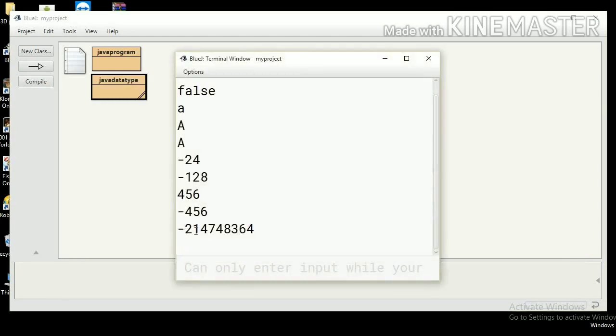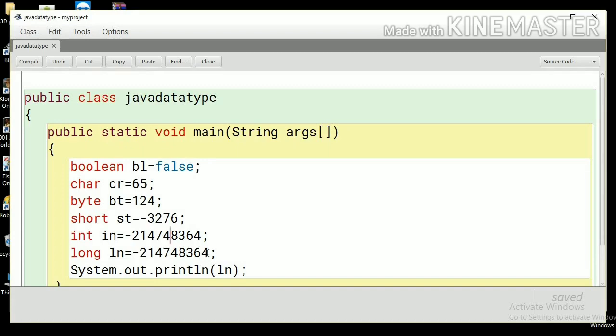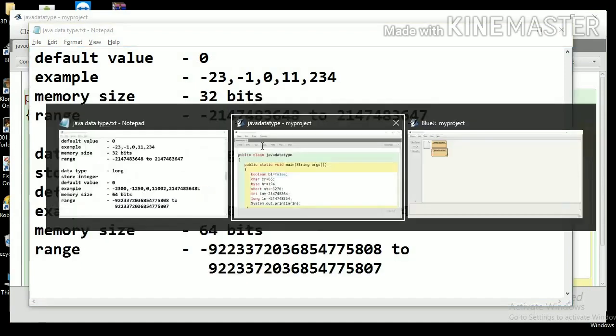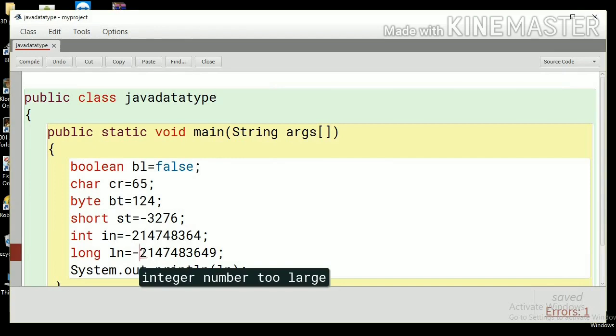Right, so we have the right value, -2147483648. Let's see what happens if I go beyond this limit. What is the limit? Right, 48 is the limit. If I go beyond, to 49, then what happens? Error, right? What's the error? Integer number too large.